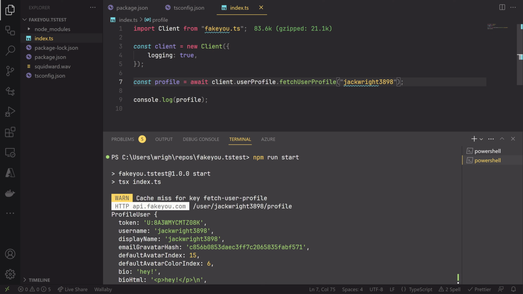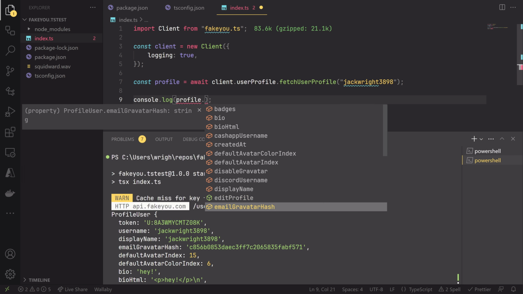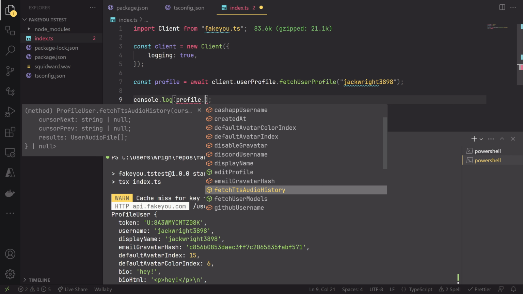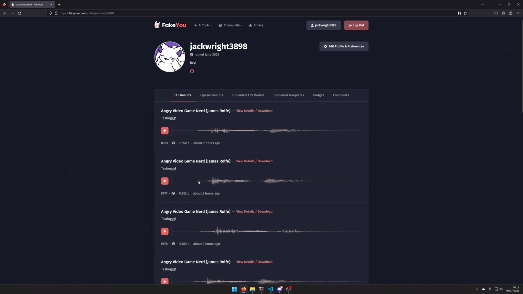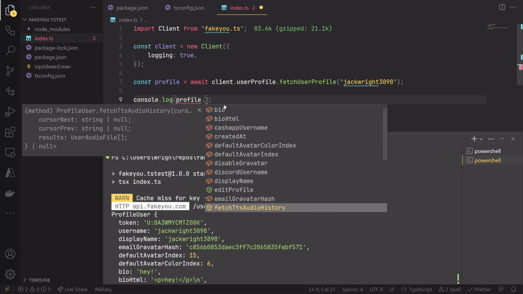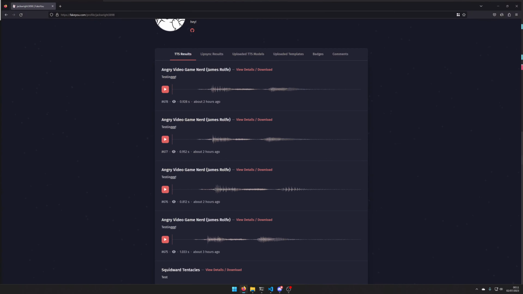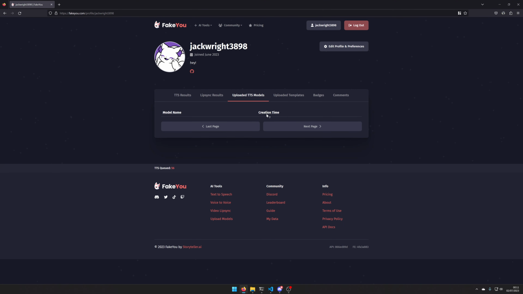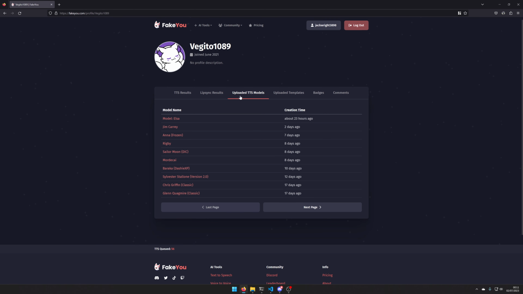And what you can do is, there are additional things like being able to edit the profile as well if you want to do that, and you can also fetch audio history, so that would be this page here, so you can fetch all the audio, and there's other things as well. You can fetch the text to speech user models as well. I don't have any models on my account, you see it's empty, but if I go to the leaderboard and go to somebody who's created a lot of models, what you'll be able to do is